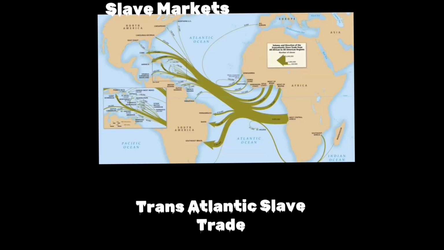As we can see in the graph, Africa is on the right, and South America and North America are on the top left. These were the routes frequently used by the slave traders themselves. The transatlantic slave trade was closely linked to slave markets, where European traders would purchase enslaved individuals from African slave traders. These enslaved people were then transported to the Americas, where they were sold at slave markets to plantation owners seeking labor. This system of buying and selling human lives not only fueled economic growth in Europe and the Americas, but also perpetuated deep social and racial inequalities that still resonate today.